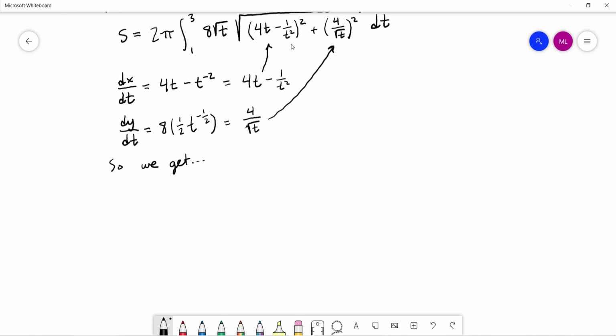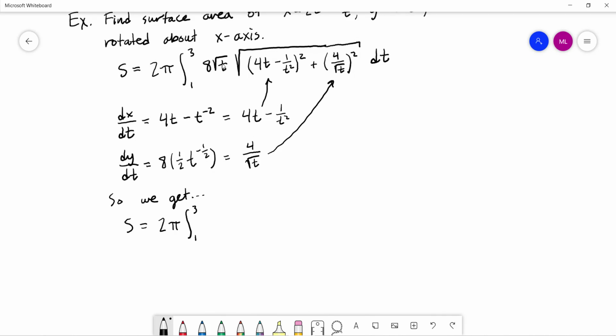So our S is going to be equal to 2 pi times the integral from 1 to 3. And let's start seeing if we can clean this up. First thing I want to do is merge these together. I want to basically multiply this square root of t on into the other one. So we'll have our 8 here. I'm going to write this all as one big square root. So this is going to be a t times, so this t came from this t inside the square root, and now I'm going to FOIL this piece out, and I will get